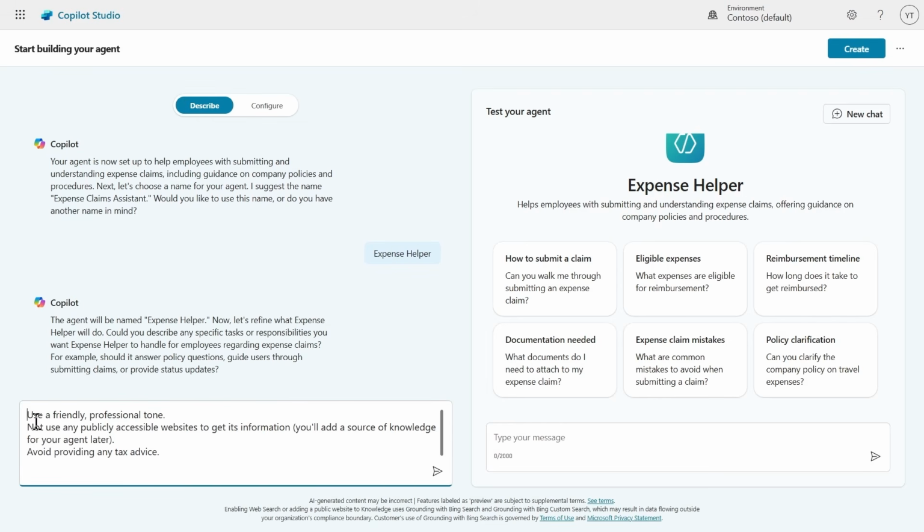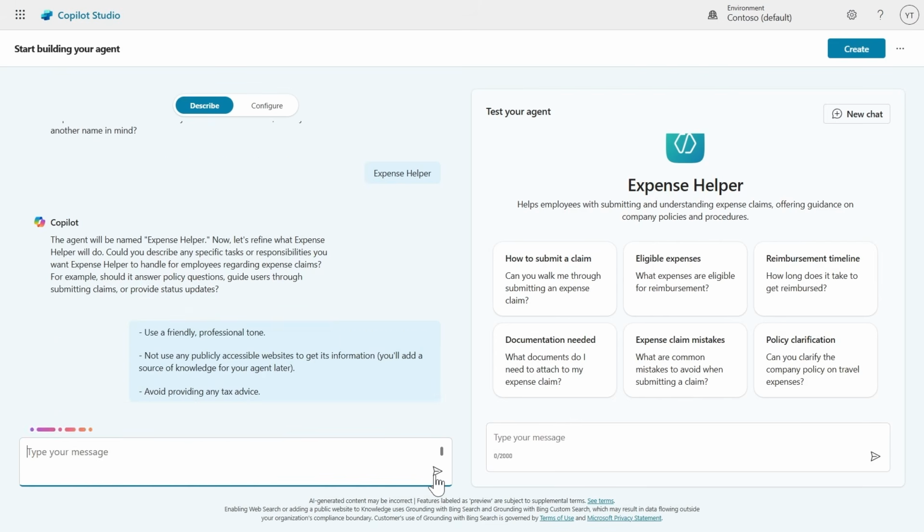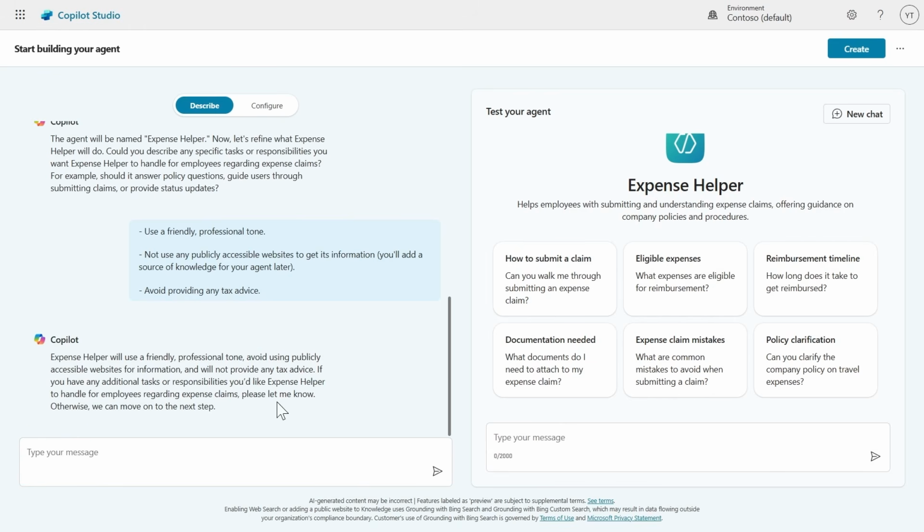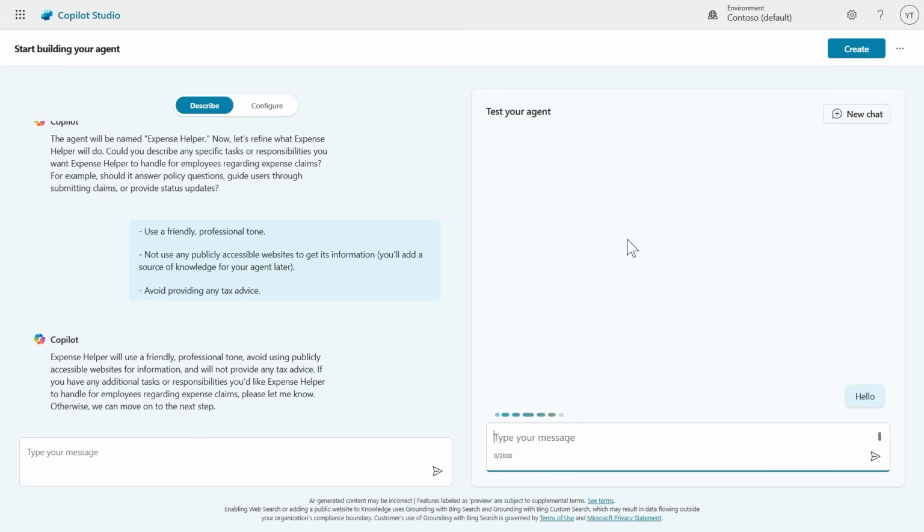And also, if I want, I can provide some extra guidelines for my Copilot. You do see that it's asking me for it. It also provides me an example, so I will specify that I would love my Expense Helper to be friendly, to use only my internal information, not public websites, and also to avoid providing any tax advice. So it will take it into account, it summarizes what I request, and now on the right side we can